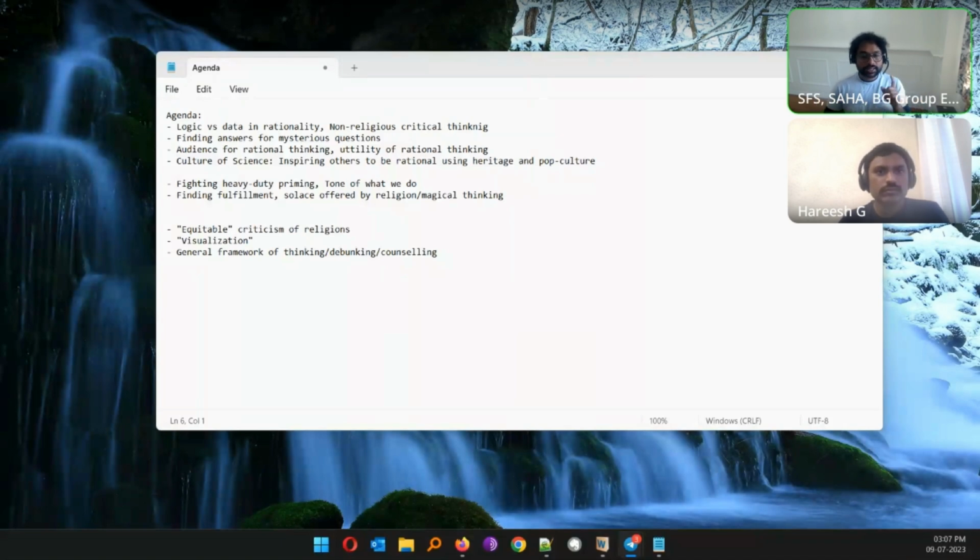So yeah, I think these were very important points that Vas garu and Harish garu raised, and also Godavari garu who has brought up these things. So how do you deal with the audience when we are talking about rational thinking, and broadly who are the audience here, and also what is the utility of rational thinking?